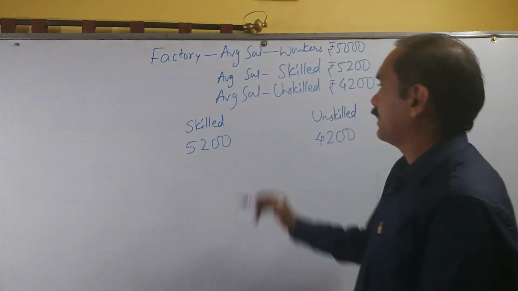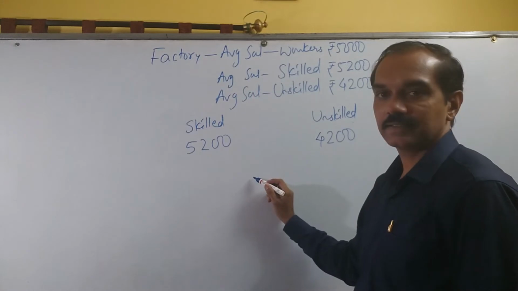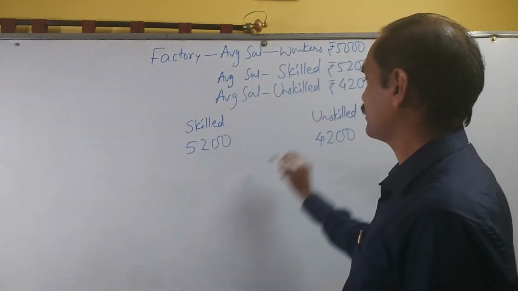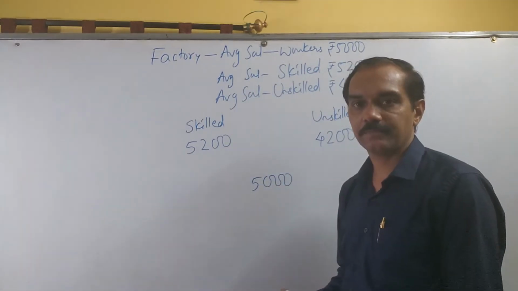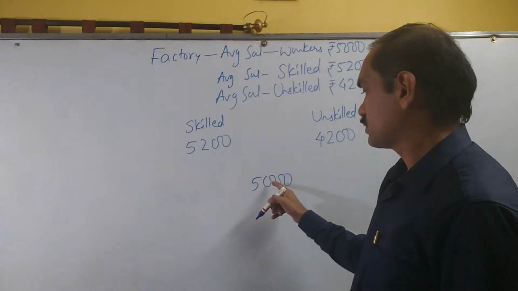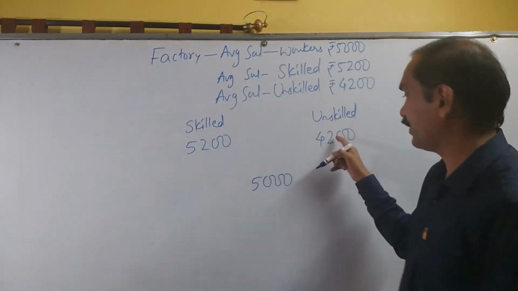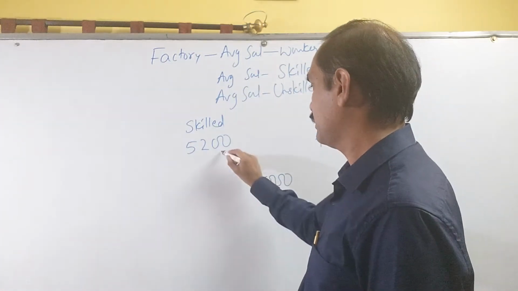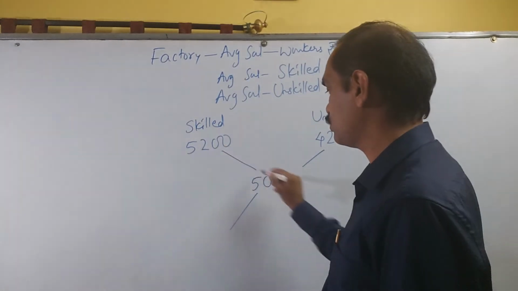Now, the mixture always takes the central place. So the average monthly salary of all the workers, that is the mixture, is 5,000 rupees, which is given. So see to it that one is more than this and the other is less than this. Everything's alright, so we can go to the trick. This is how the trick goes. Just go for crossing.